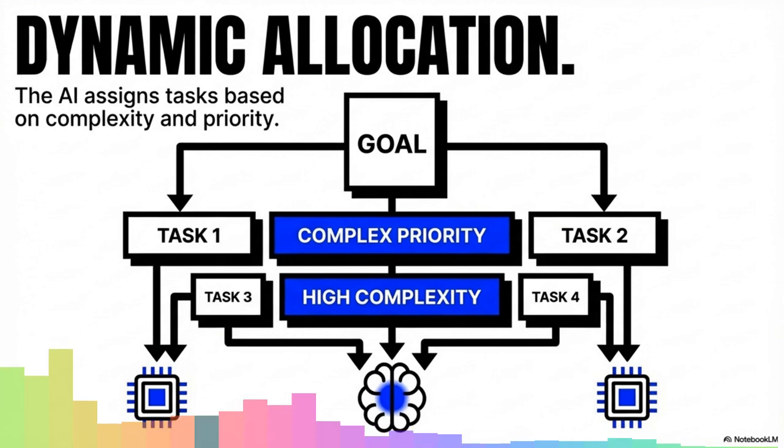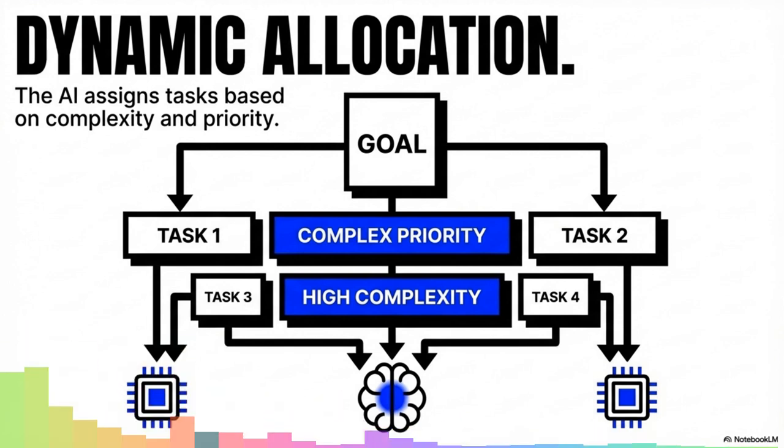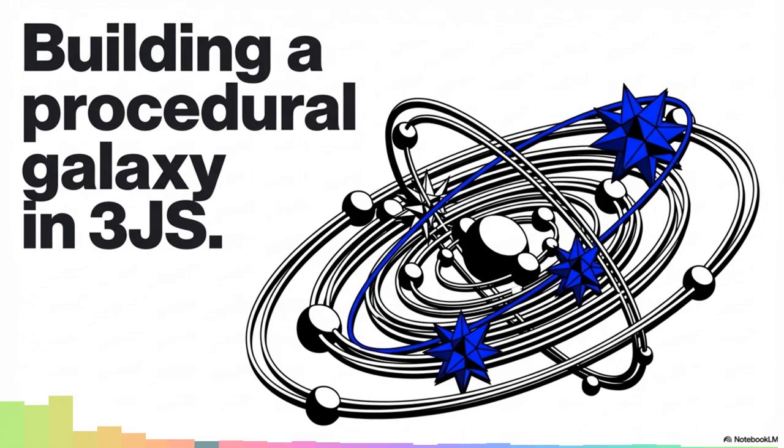Okay, but letting an AI autonomously run terminal commands, that sounds like a recipe for a crashed machine. It's a valid fear. How do I know it isn't overwriting core system files or just running infinite loops while I'm getting a coffee? Is it just a terrifying black box? That is the exact skepticism any senior engineer should have. But the article points out a crucial feature: transparency, real-time monitoring. So it's not a black box? Not at all. The system has a user-friendly interface, an overlay that sits right on top of the multiplexer.